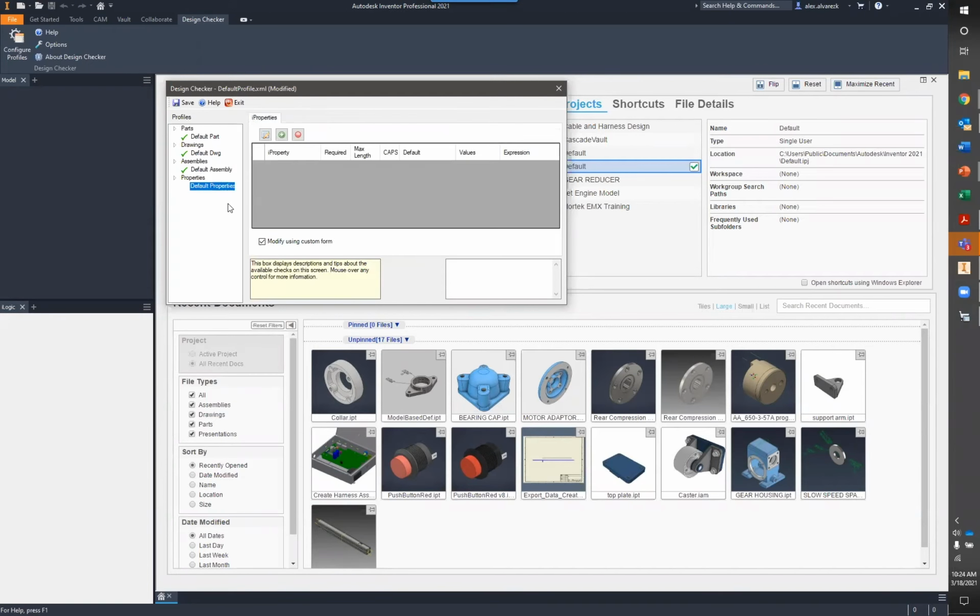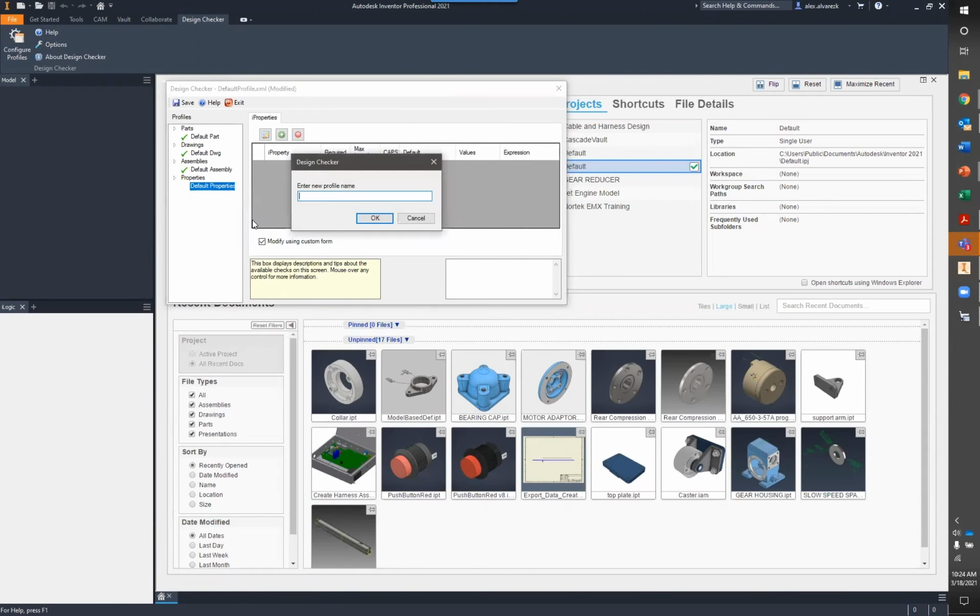And then the default properties here, as I was mentioning, right? You can set default properties for any of the parts. Now you're probably thinking to yourself, well, I'll set a default property, but it's not going to apply to the other parts, right? Or I just have a product line that has a set default property. Well, that's where your new profiles come into play, right? So what I can do is I can right click on that and say, this is going to be product line